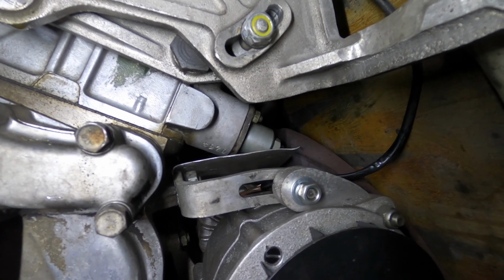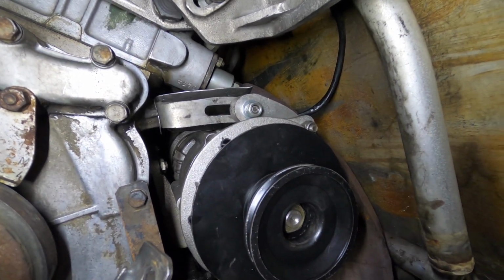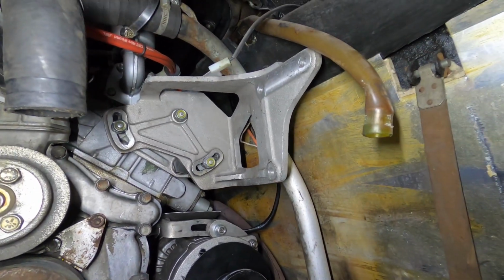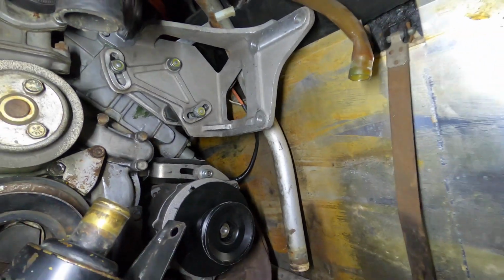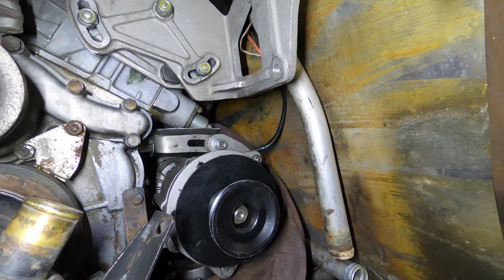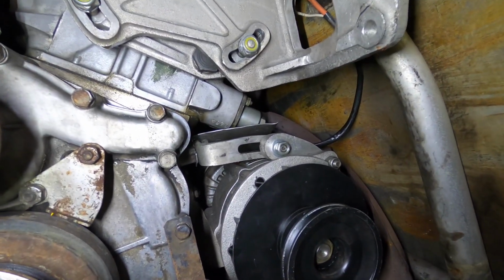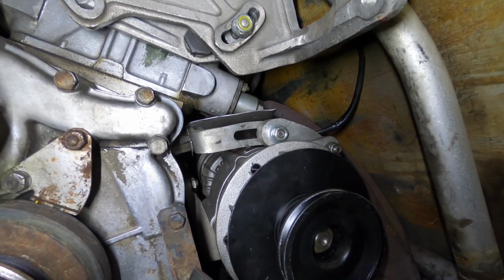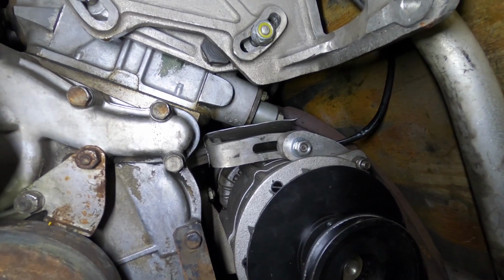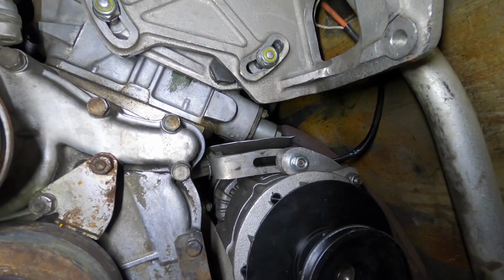And on this one, it sits right above the alternator and is really hard to get to, and the only reason why it looks so easy to get to right now is because I've removed the air conditioner compressor and I've removed the gas tank. So this is about the most access I'm ever going to get in here. So it looks like it's really accessible, but it's really not. So I'm putting a little shield up there just to cover the tensioner, because if it starts to leak, you can pull the tensioner out, you can change the O-ring, but still it's not an easy thing to get to